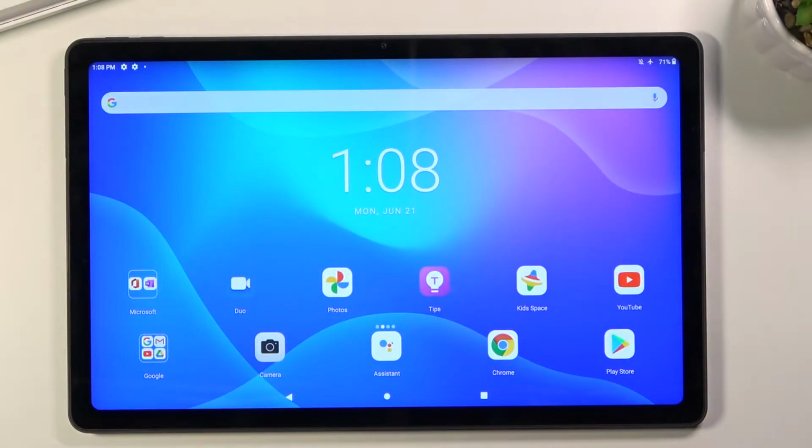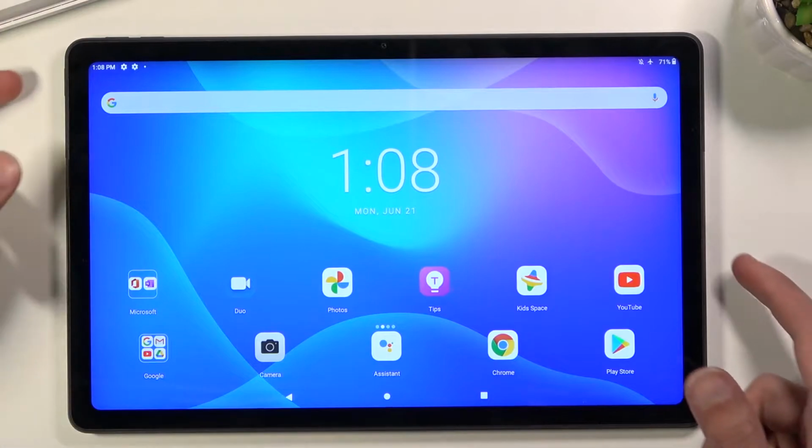Welcome, I'm flying with the LENOVO Tab P11, and today I'll show you how to put the device into Fastboot mode. And to get started, let's hold the power key,